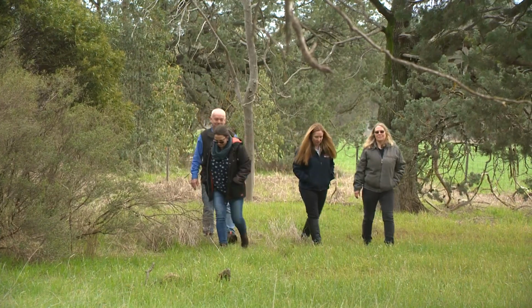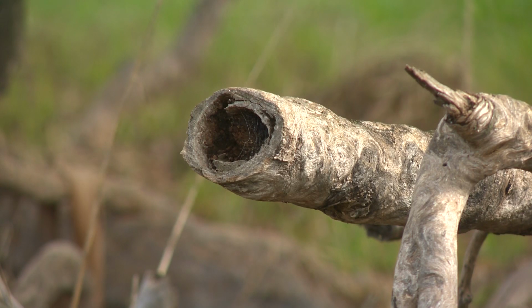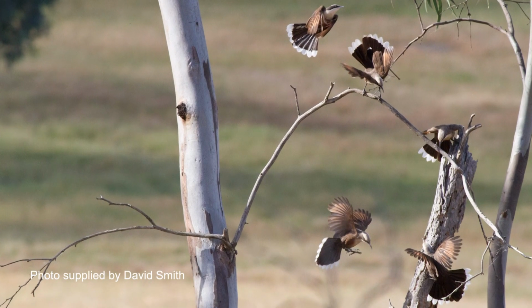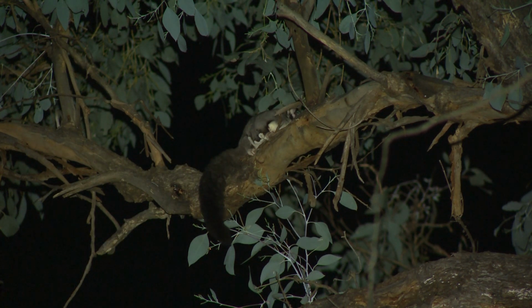good looking environment. So we filled in some gaps and enhanced these wonderful areas that were already there to create connectivity for species such as our grey-crowned babblers, our gliders, our woodland birds and animals that needed that vegetation connection through the landscape to be able to move. It's really exciting to allow threatened species like grey-crowned babblers and squirrel gliders to move through the landscape. Recently, one of the landholders has seen grey-crowned babblers in this laneway here and has come across some squirrel gliders,